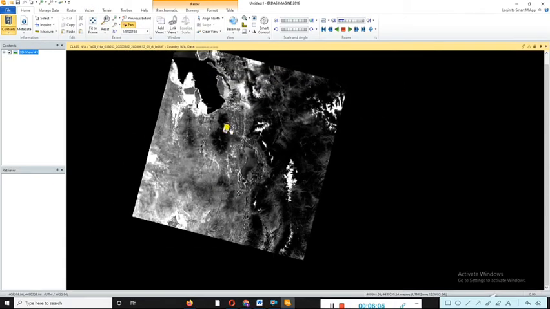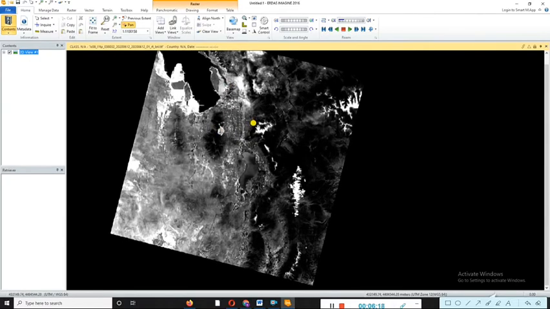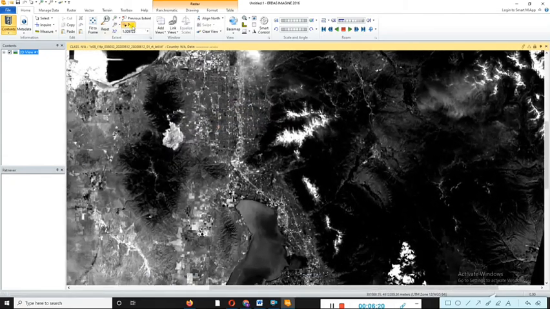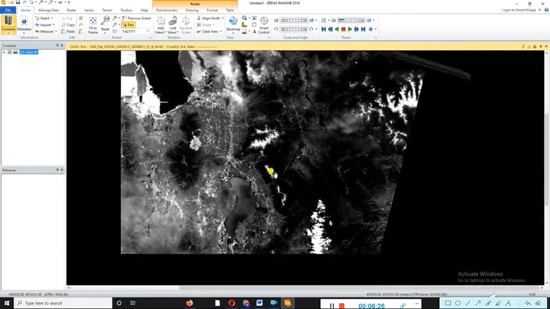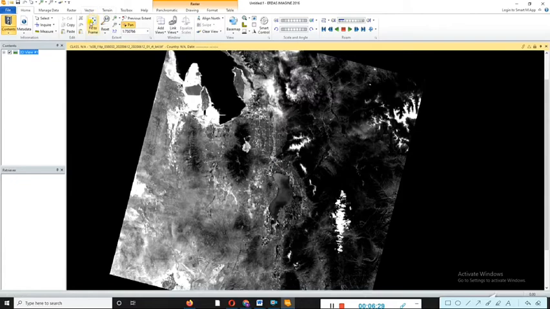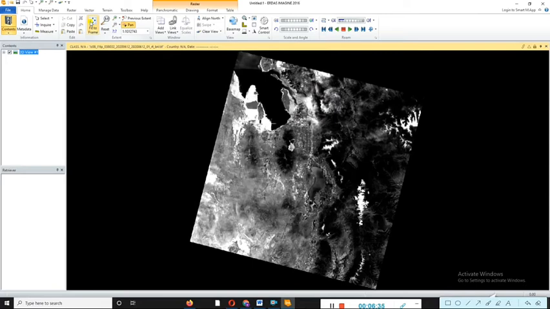So in today's practical we just cover the basic home menu. In between there are a number of options to apply on that image data. This hand is used for moving the image from one place to another place in your window view. Then you can click fit frame. Just click on that, and it fits perfectly on the x and y position, these two portions. So this fits the image properly in our window.